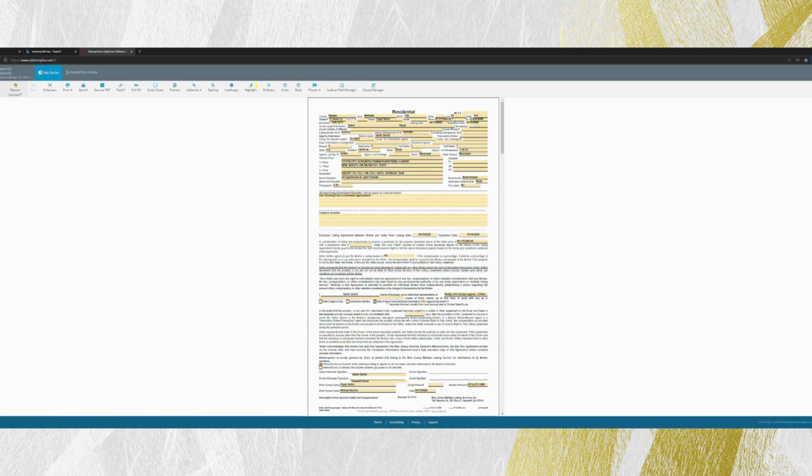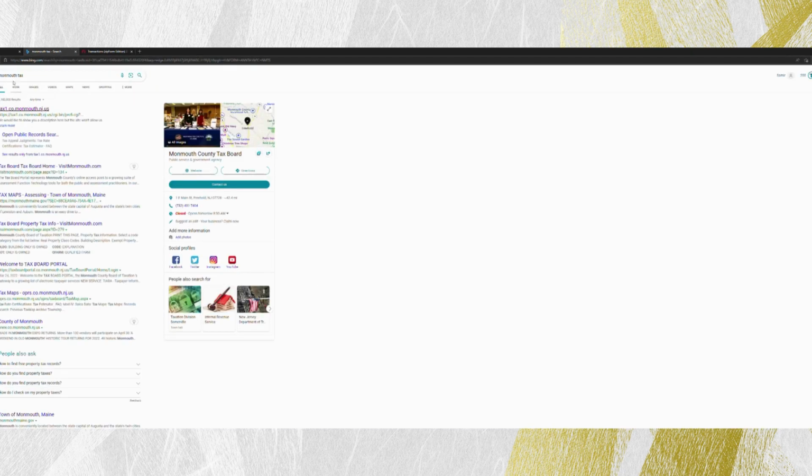For the block and lot, you can do a tax search on the property, which is what you should always have, so you know all the information. I like to use Monmouth Tax. You just type in Monmouth Tax in Google, click on the county, click on the town,